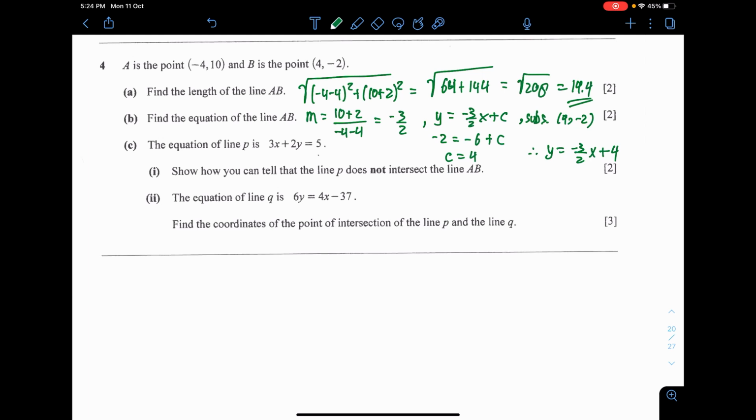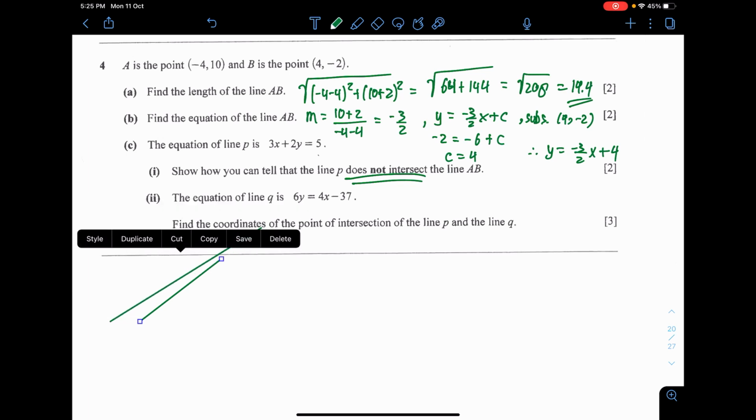So you have another equation here. Show that the line P does not intersect the line AB. Now, does not intersect, how does it actually happen? A graph of line will never intersect only because they are actually parallel. Think about it that I make two different lines, on different location, such that they are actually parallel, aligned, so to speak. They will never touch each other no matter what. Only if the slope changes a little tiny bit, like this, for example. Yeah, I mean, you think that it's not intersecting, right? But know that lines are always incredibly long. So if you actually draw long enough, they will actually touch each other. So to make sure that they are not touching, the gradient must be the same.